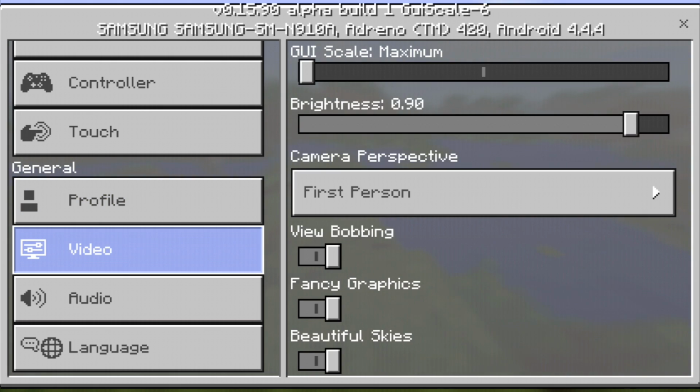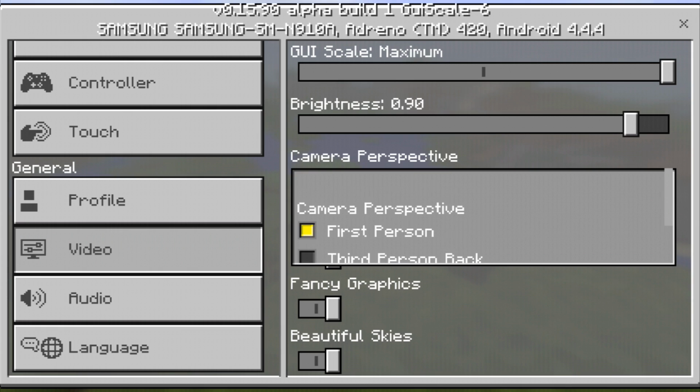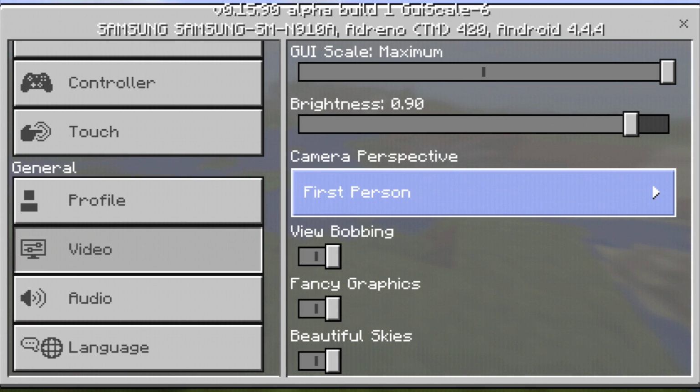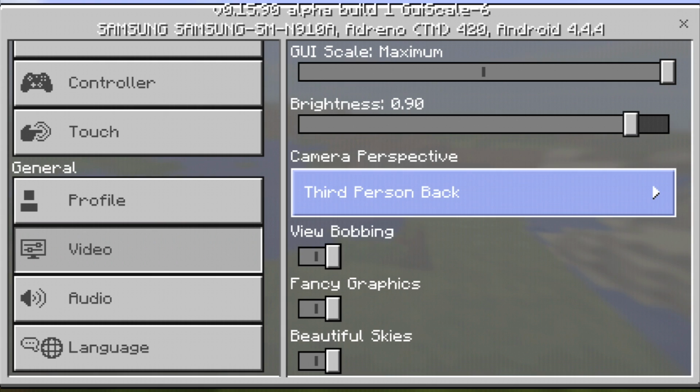The way they changed the camera perspective, it used to be that little slider. You could change your perspective to make it first person, third person, or whatever. I know it's just a beta. They can change stuff. They probably will change stuff, but that is kind of stupid. If you wanted to go down to third person front, you have to scroll down and stuff. It's not simple like it was before. You have to open up this stupid little menu here, scroll down to the one you want, and then select